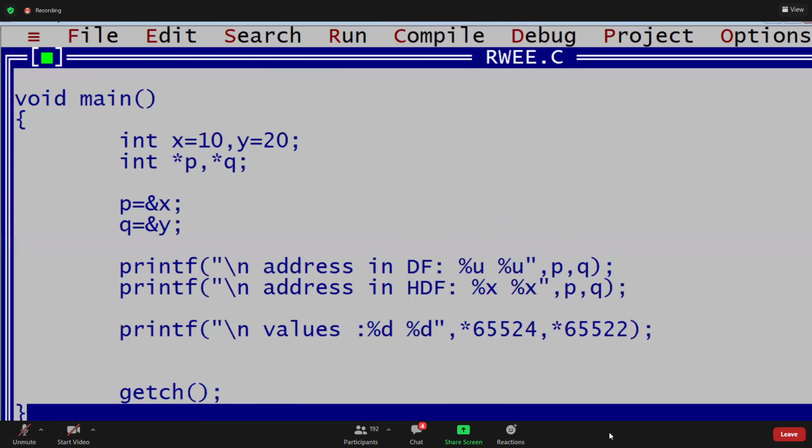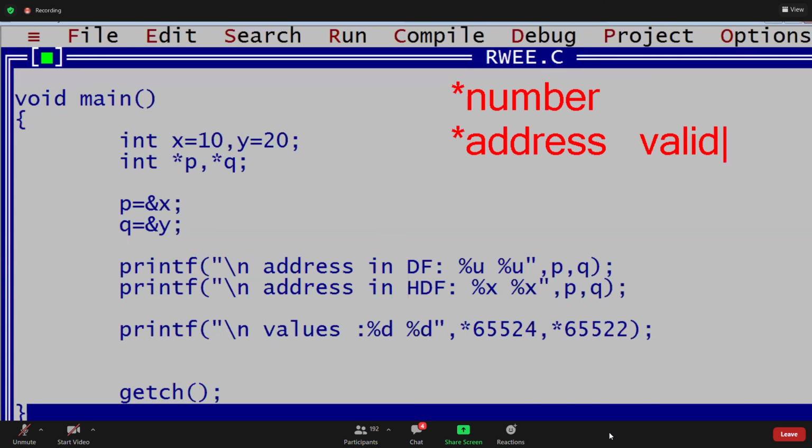When is it valid, guys? You can write this note: star number is an error. Remember, guys, star number is an error. Star address is valid. Why? Star is only applicable on an address.